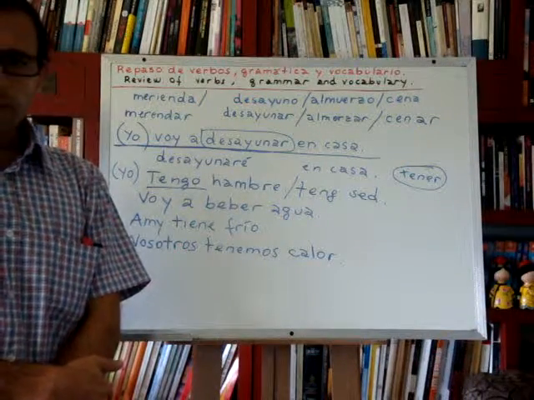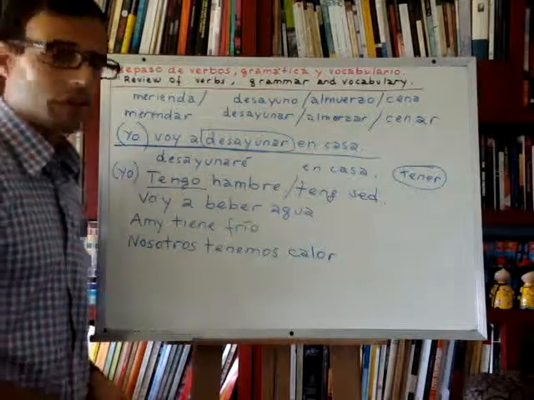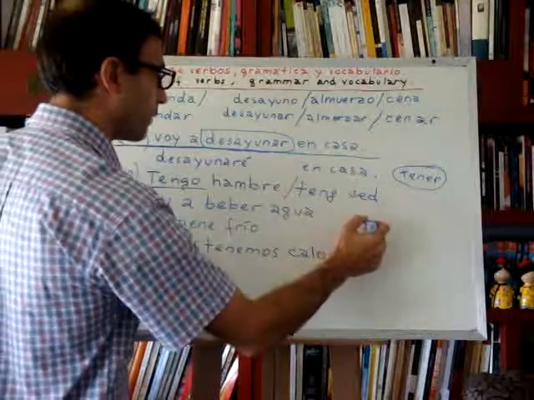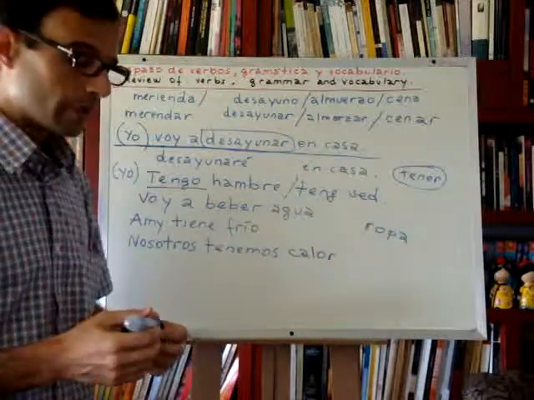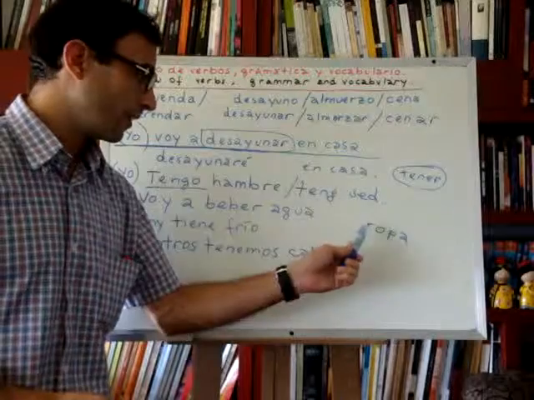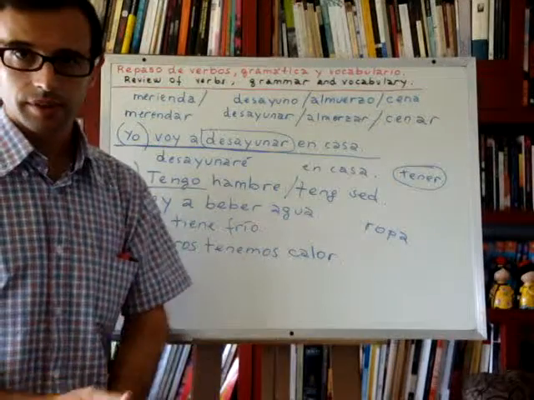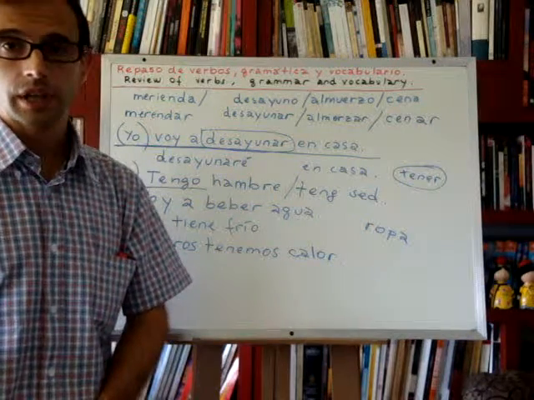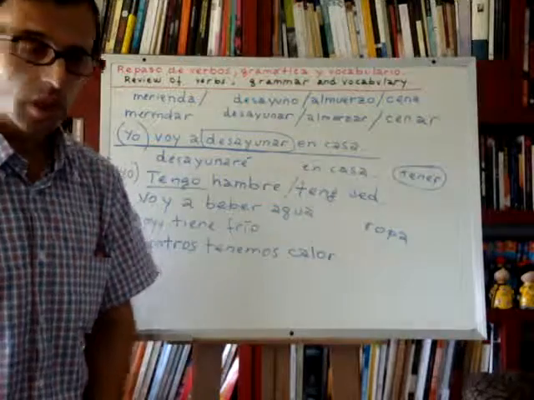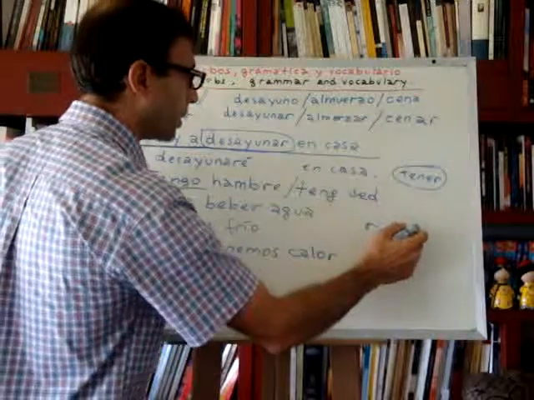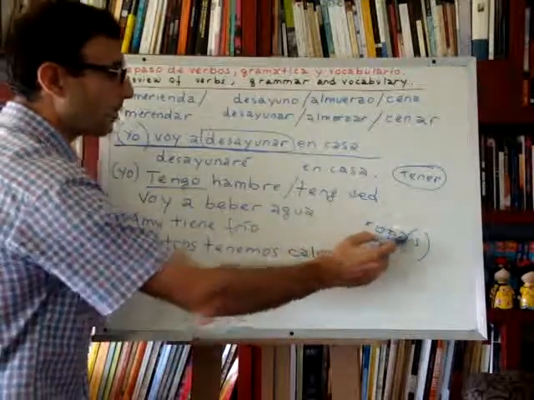So now remember the word for clothes. How do we say clothes in Spanish? The word for clothes is ropa, right? Ropa is a generic word that is in singular, but it means in general clothes, right? So while the word for clothes in English is a plural word, in Spanish it is a singular word, okay? Although we can also say it in the plural, but we usually say the word ropa in singular to refer